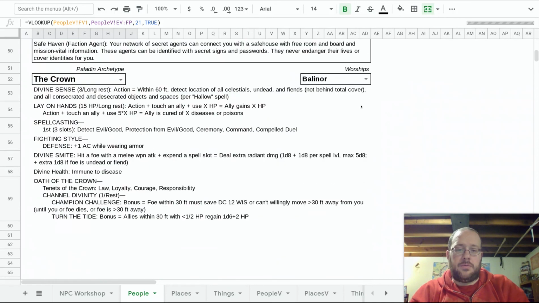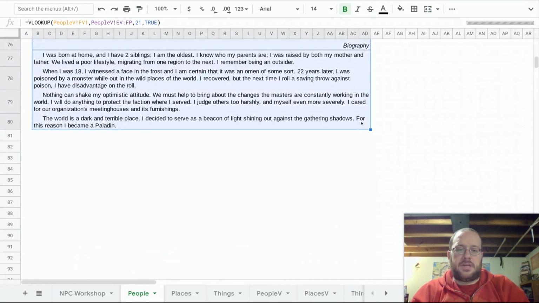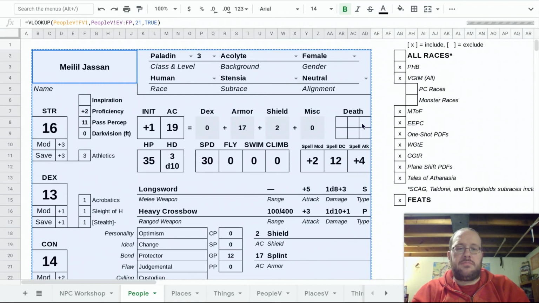So I'm just going to go all the way down here. I'm going to select all of that, copy it, and I have now